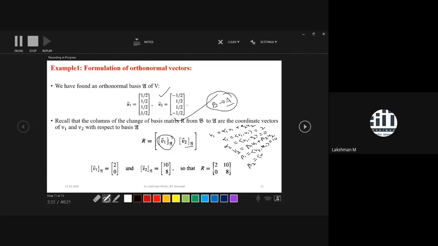Now what would be beta 2? Beta 2. So if you simplify the dot product, it will come as 8. So you got the first column of this change of basis matrix R, and you may ask one question: why have I taken the notation